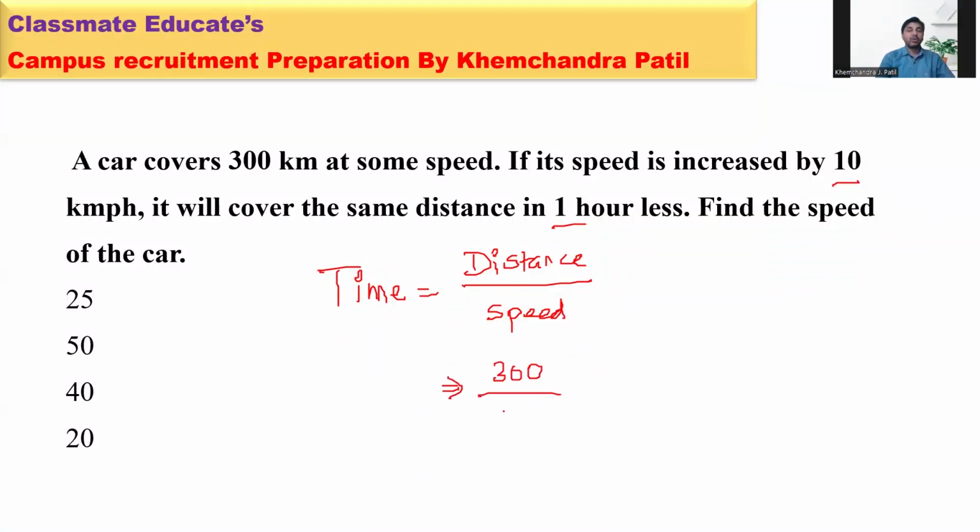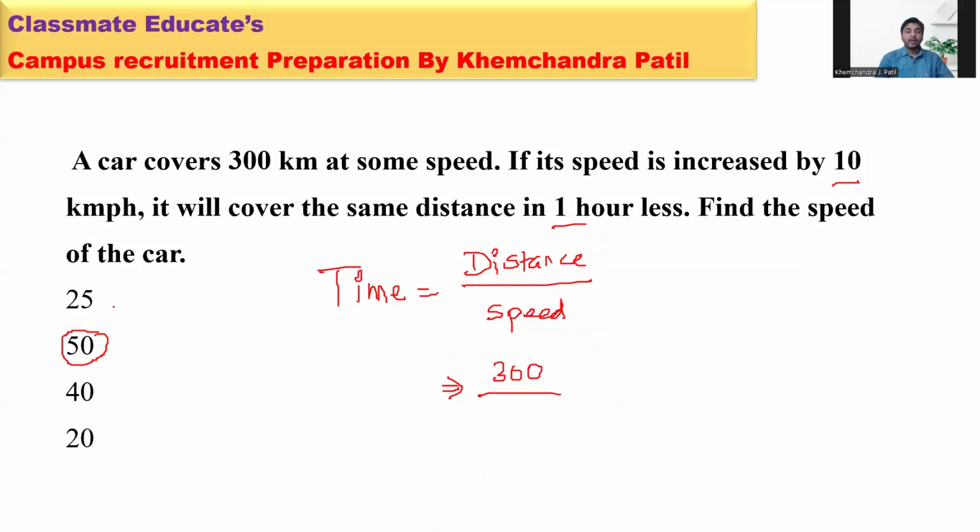Now ये जो भी speed होगा, my dear friend, you have to select such an option which exactly divides this 300. 300 को divide भी करेगा और उसको 10 से बढ़ाया, because speed increase by 10, तो भी 10 से बढ़ाने के बाद वो 300 को divide करना चाहिए, and that is only one option, that is option number two, दैट इज 50। और 50 लेके देखते हैं हम।